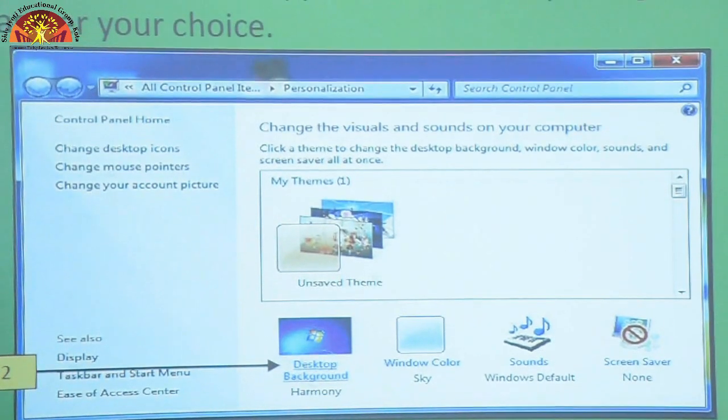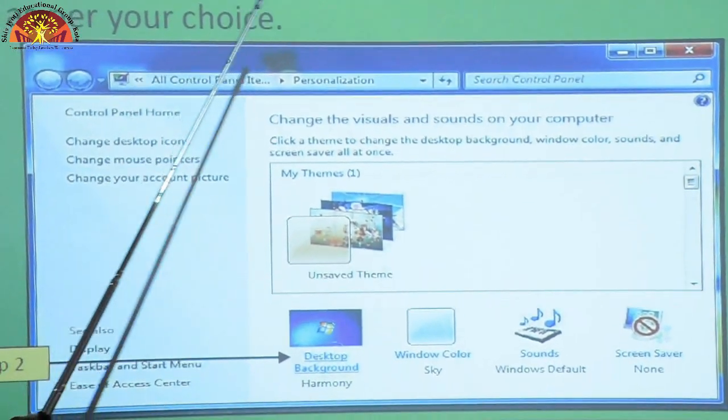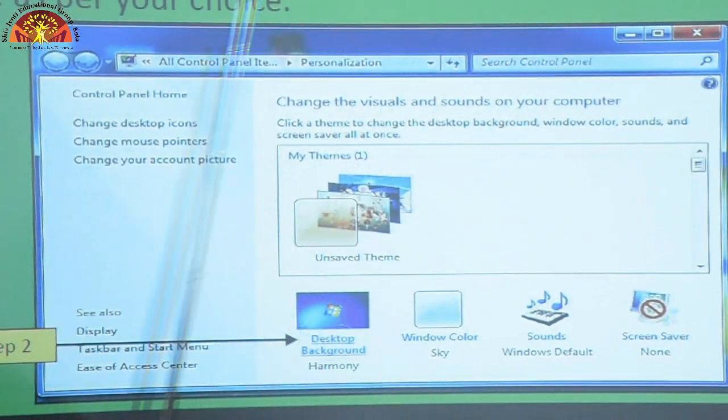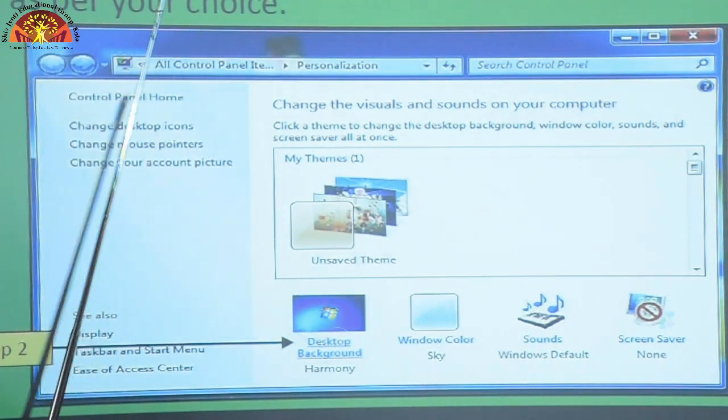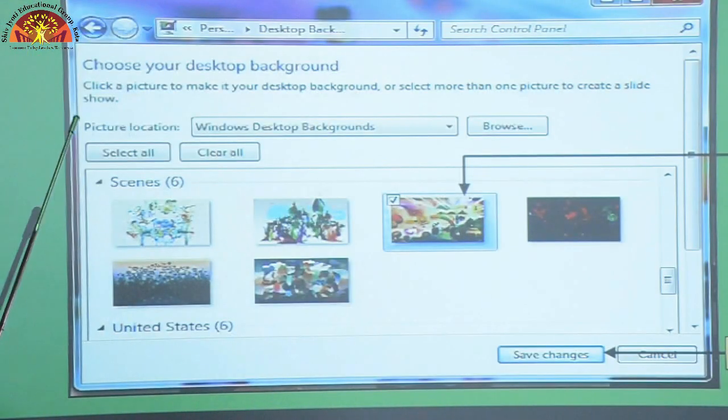Okay, now in the step 3, another window appears. Click on any background image as per your choice. Now let's say students, this is the another window that will open when you click on the desktop background option. Okay, in this window you can see various desktop backgrounds available, and here you can choose any background for your desktop.